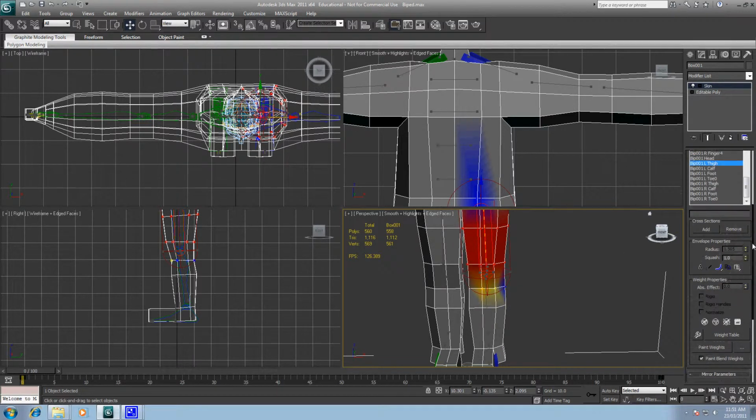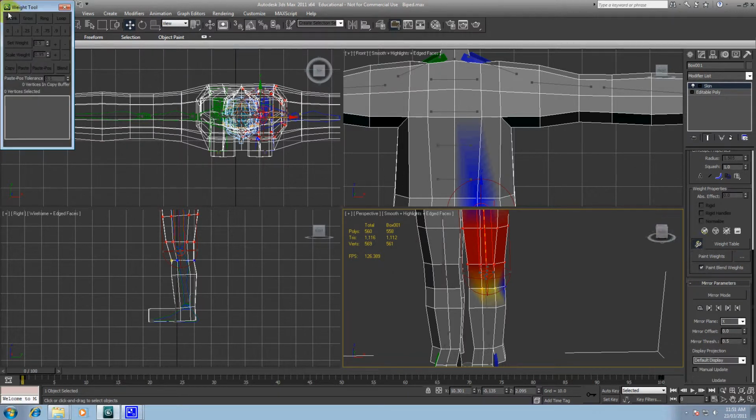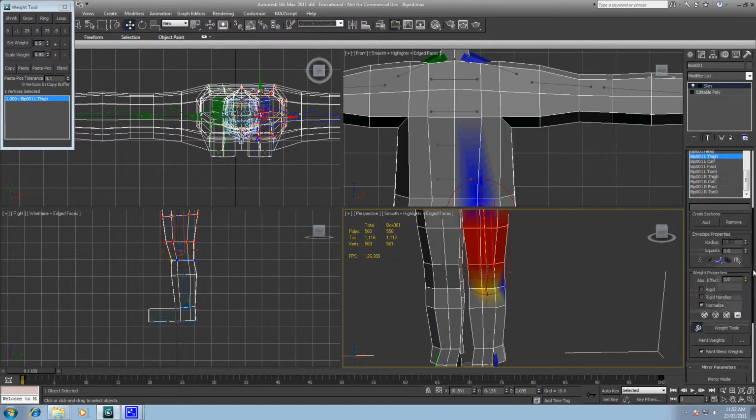So I'll bring up our weight tool to show the strength of each of them there. So I've selected vertices, I can select any of them and see what strength it has to which bone. So right now that is 100% linked to our left thigh of our biped. But before we do anything else, we are